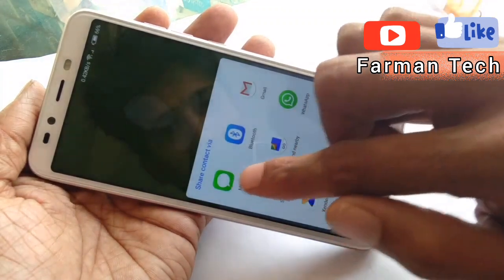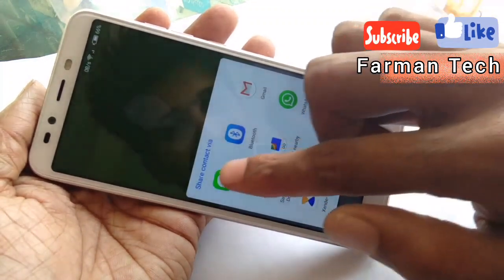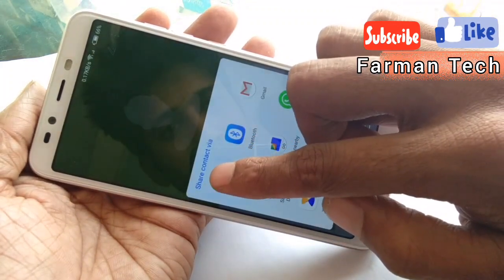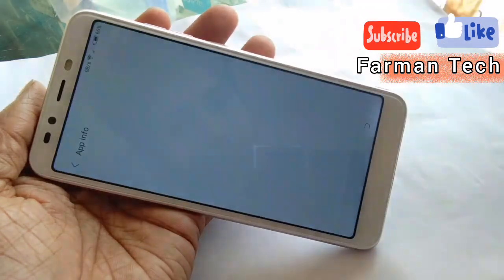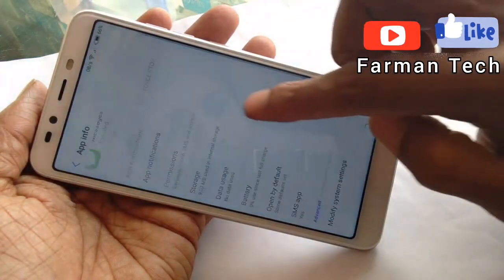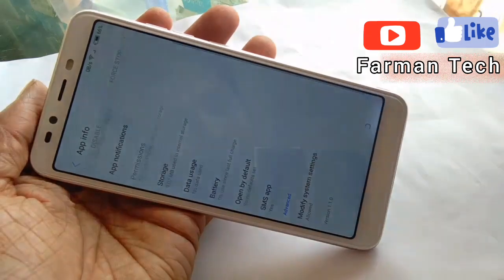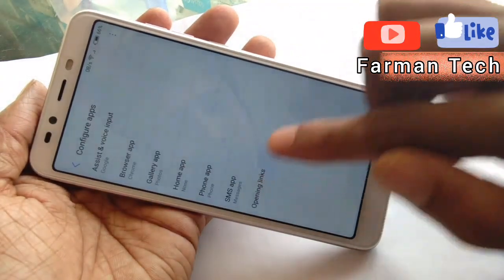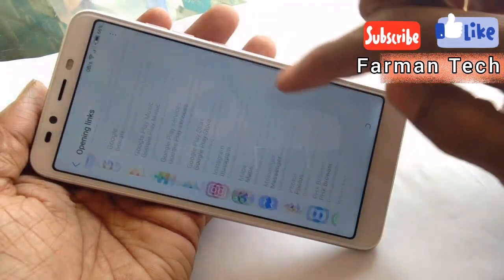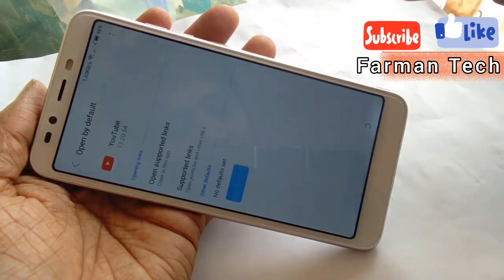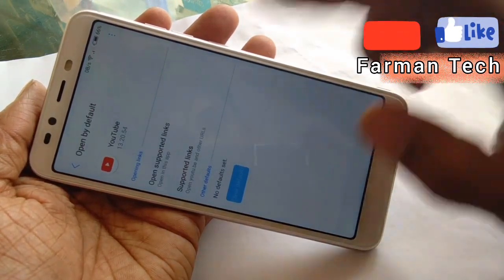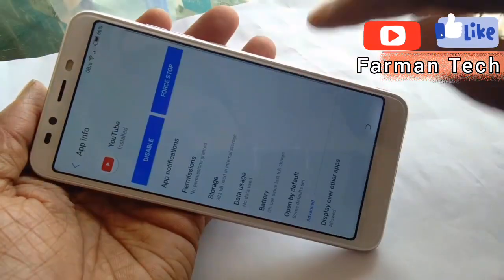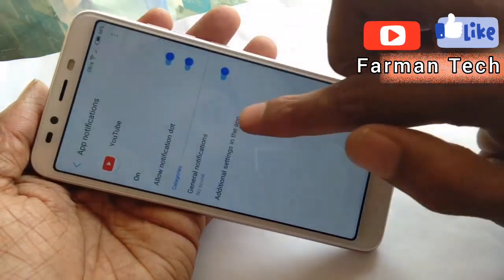Now hold and message, and app information, scroll down, SMS app and open links. Now scroll down to YouTube, click on the YouTube icon, app notification and additional settings,